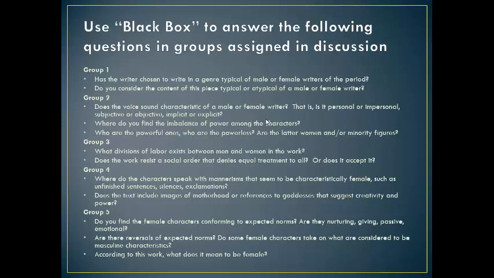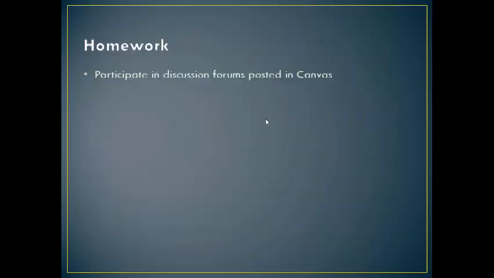The idea is we're going to have a classroom conversation, but we're going to have it on Canvas. If you have questions about this, please let me know. This is your homework: to post the questions you answered and your answers, and then also to respond to your peers about the questions that they answered about Black Box